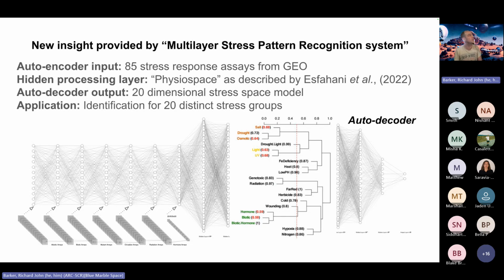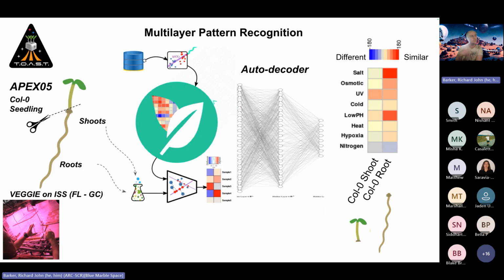And then we created what we call a hidden processing layer, as described by our collaborator Fanny et al. This physio space essentially is an autoencoder that allows us to identify 20 distinct types of stress, and then essentially put any study into it and categorize what type of stress we think that study had. So we use this system to try and demystify or translate the space-like